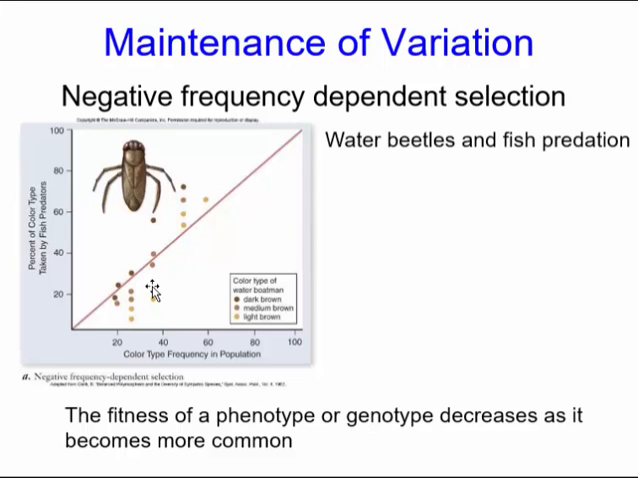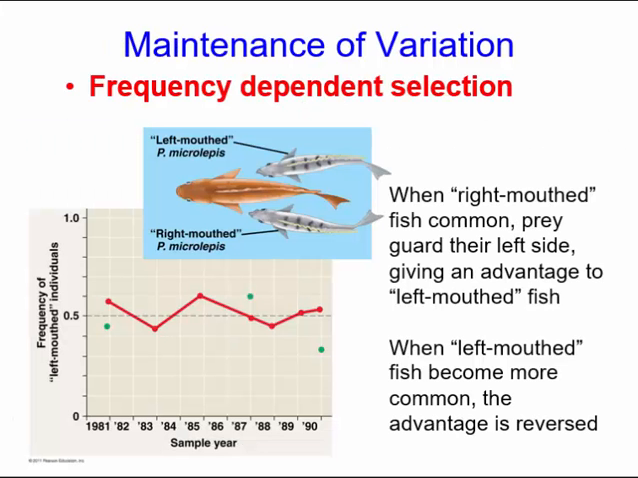Now that might flip around over time, as now the light colored ones become more common and the dark colored ones are less common. Now they benefit from that negative frequency-dependent selection. And so we can see that really in action here. This in the past has been called oscillating selection, but it's really an example of negative frequency-dependent selection, where